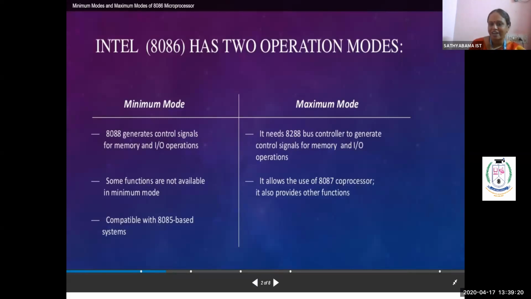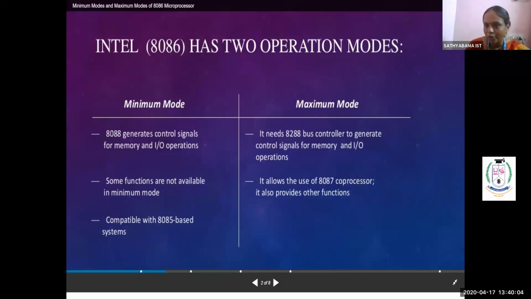I told you what the difference is; now we will see the difference between minimum and maximum in detail. Mainly, minimum mode provides the control signals. What are the control signals? Read bar and write bar. We have 2 kinds of operation, memory and IO. If I am taking from the memory unit, we call them memory signals; for IO devices, IO signals. So we have memory read bar, memory write bar, input output read bar, and input output write bar, and all of these are controlled by the 8086. But in maximum mode, we have a separate bus controller, and through the bus controller I will do all these operations. Just remember: minimum is a single processor, maximum is a multiple processor.